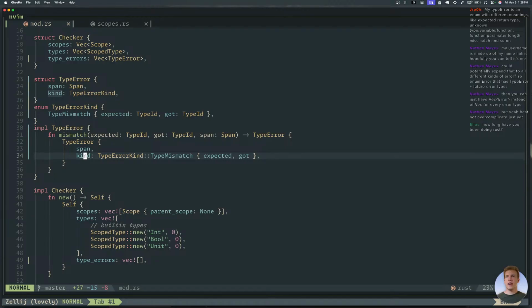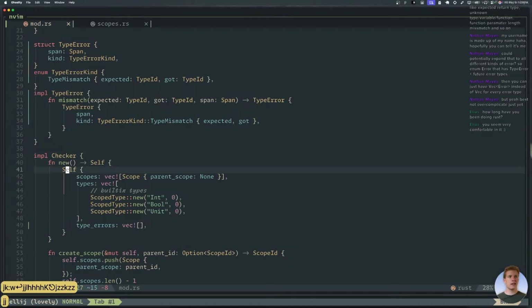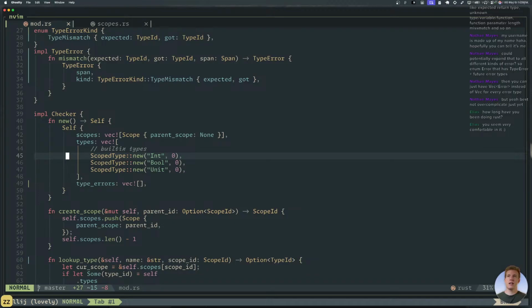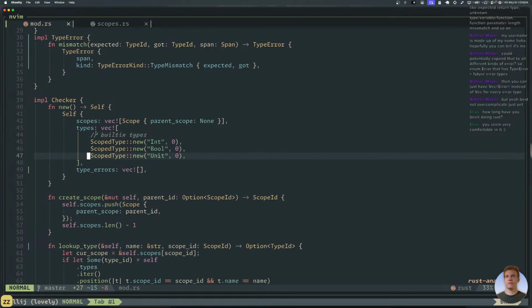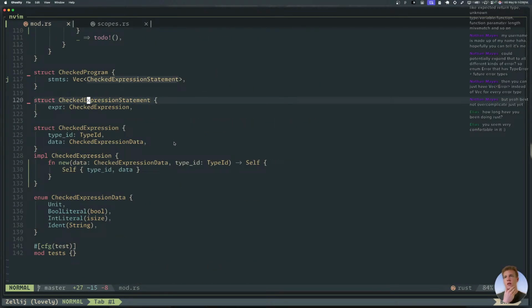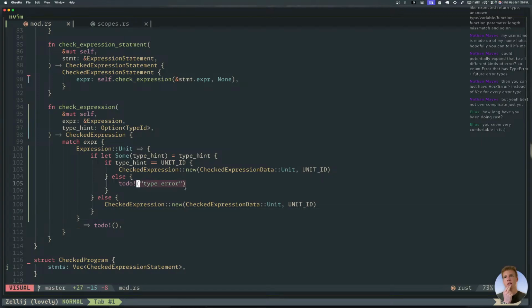Okay, so there's that. All right, so now we can go make a... You seem very comfortable in it. It's pretty comfy. I find it a very comfy language if you like the things that it kind of forces upon you, sometimes pretty brutally. I generally find that it is sort of brutal, but I like what it's trying to get me to do. So, all right. So then in here, how are we gonna?